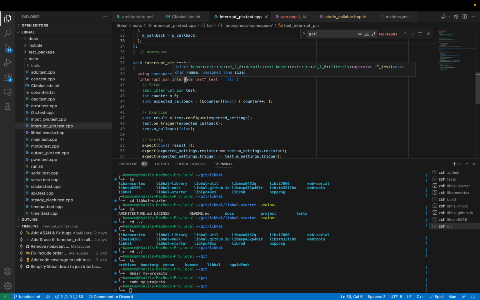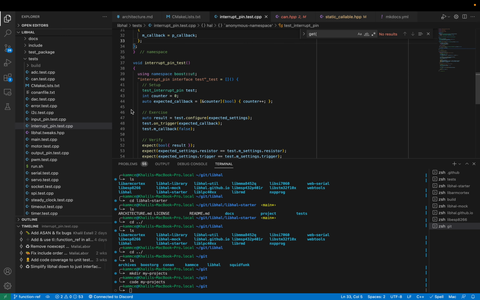It can be unique each time. They'll never conflict with each other. There's ways to make that happen. All I'm trying to say is that function ref is going to be the way that we stick with, and the way that you use it with interrupt pin as well as also timer and can, or anything else that takes an interrupt, would be to use this, what we're kind of thinking of calling extend